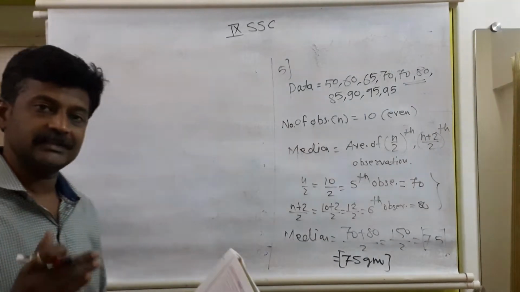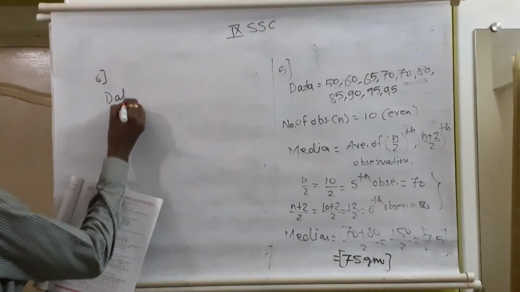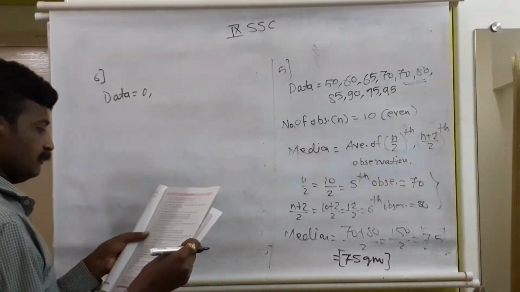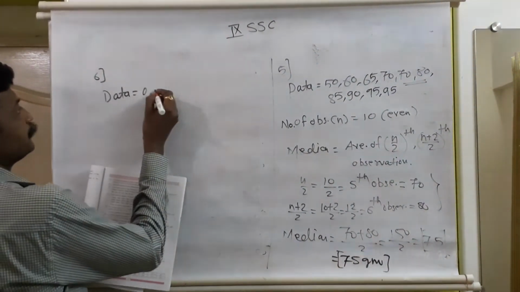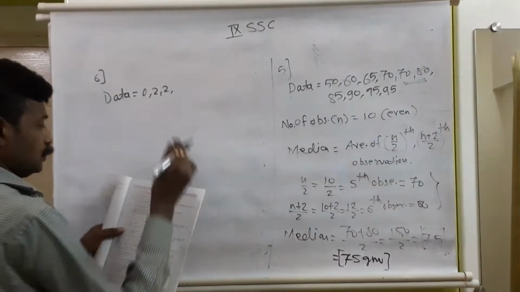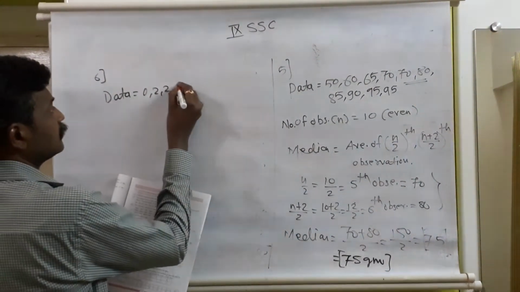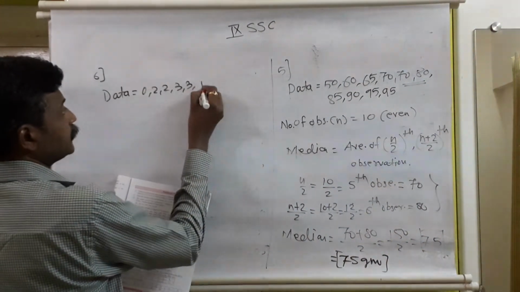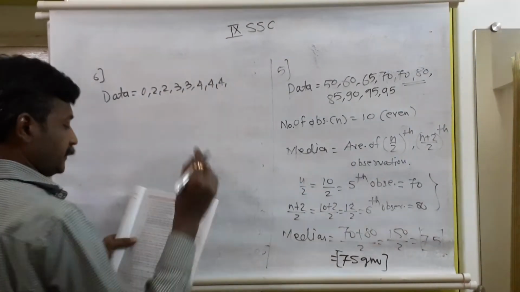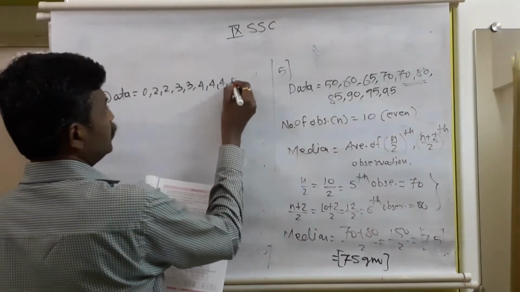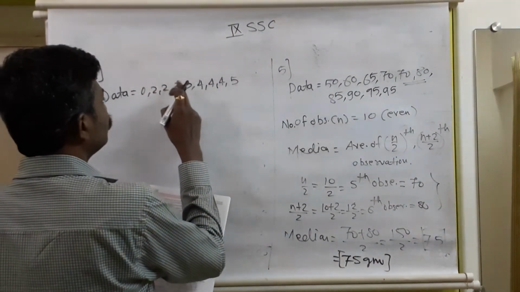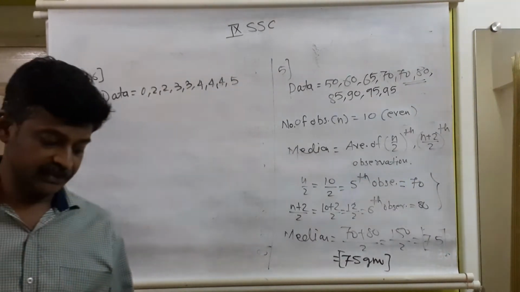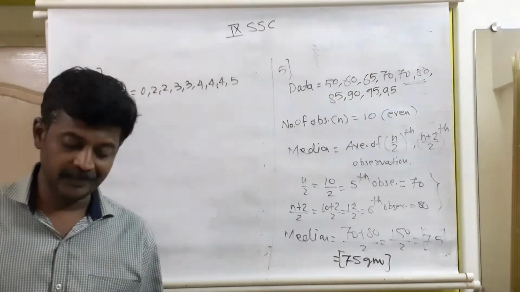So first we'll arrange the given data in ascending order. First is 0, then 1 is not available, 2 is there twice, 3 is there twice, then 4 is there 3 times, a hat-trick, and then 5. Counting: 1, 2, 3, 4, 5, 6, 7, 8, 9. Total 9 matches, his score is given. We have to find the mean, median and mode.